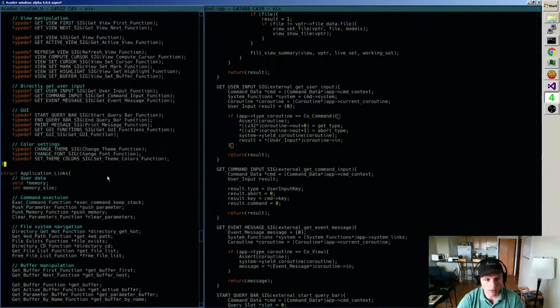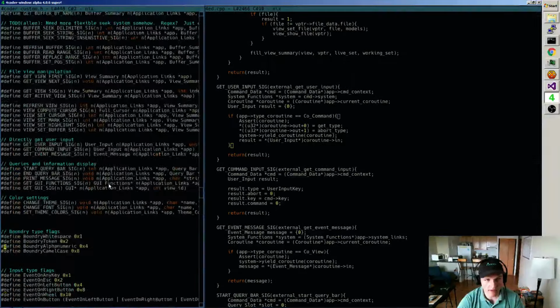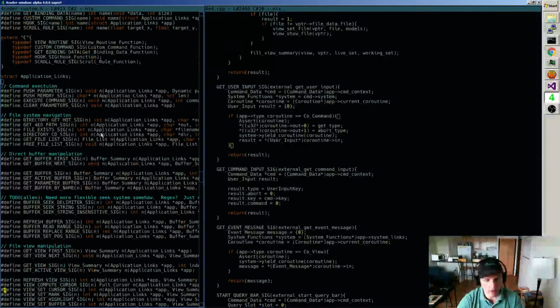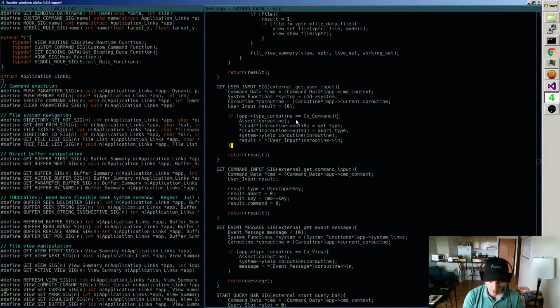Now, to do all that, what I first need is a source file. And the way the source file is going to be formatted is it's just going to be a bunch of declarations of what the function signature is and what the name is for that function. All right, so let's take a look at that.